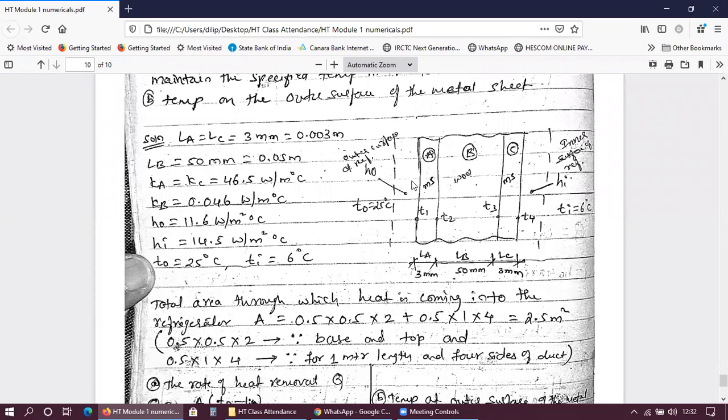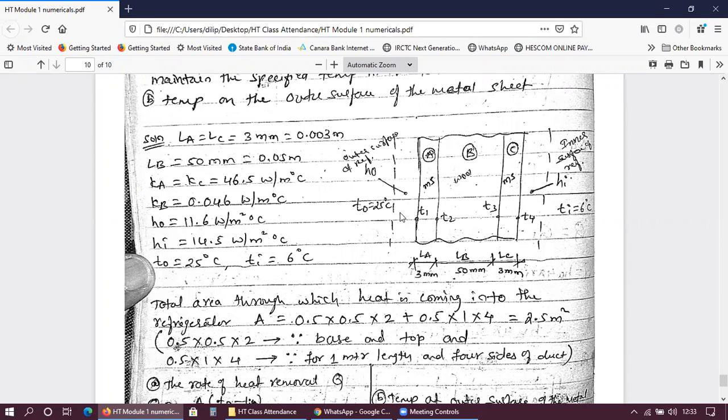So the rate of heat transfer is fixed for this first zone, that is the first convective zone. Then it is again fixed for A sheet, the same for B sheet, and the same for C sheet. And it is the same for the inner surface also, the inner surface and the inside air. So the rate of heat transfer throughout the system will remain constant. That's why we write Q1 is equal to Q2 is equal to Q3 is equal to Q4 is equal to Q5. So the rate of heat transfer for each slab will remain the same.